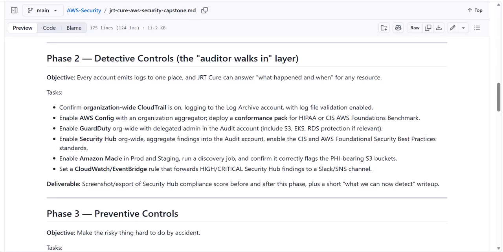Phase 2 of the AWS Security Capstone project. In this phase, I am working on detective controls. The objective is